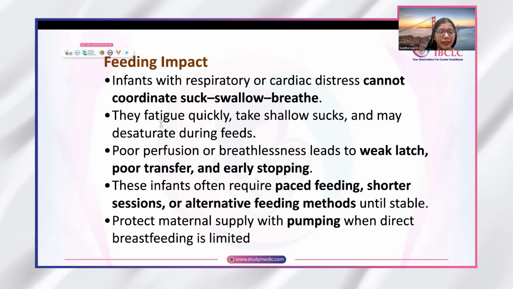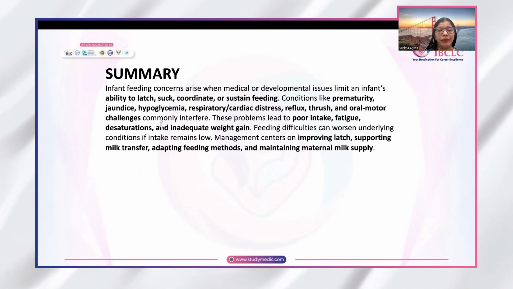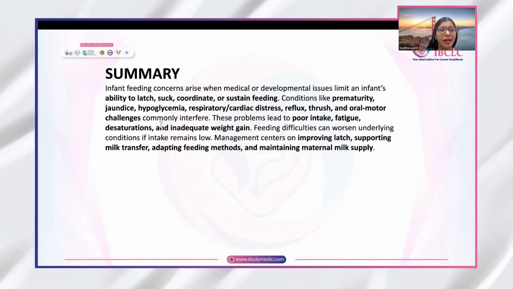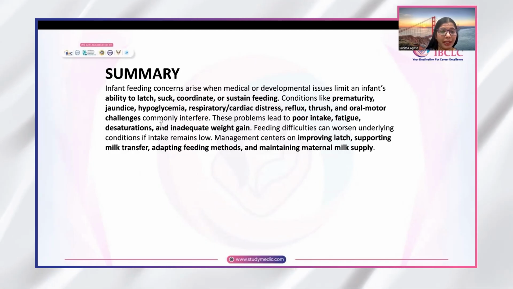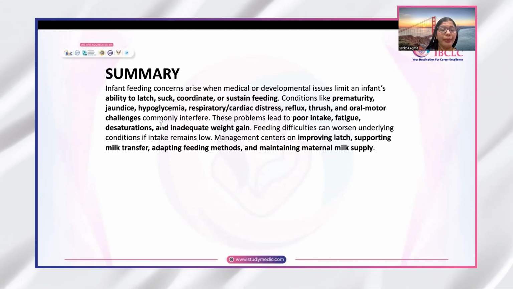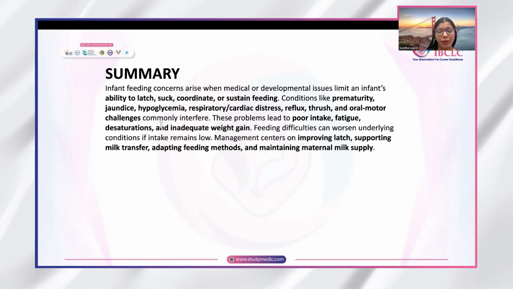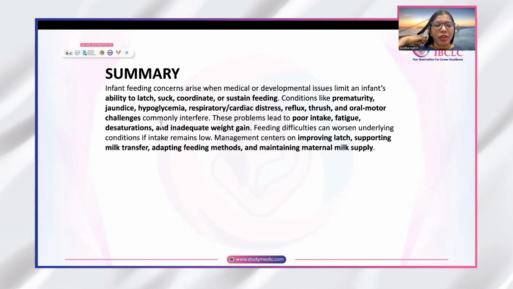I hope you learned some infant concerns while breastfeeding. It's very important that first we aim for breastfeeding. If not possible, we need to offer the mother's own EBM. At the same time, we need to educate the mother on how to maintain the milk supply. It's very important because the baby's condition stabilizes after some time, and at that time the mother has adequate milk to support the baby.